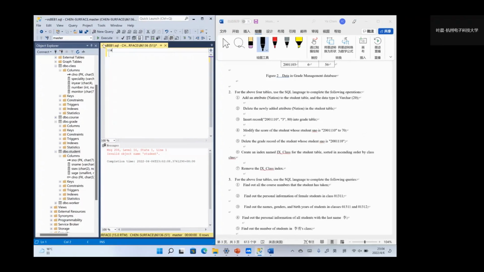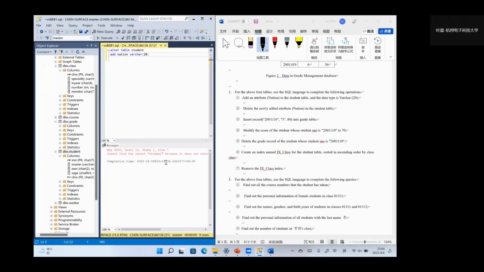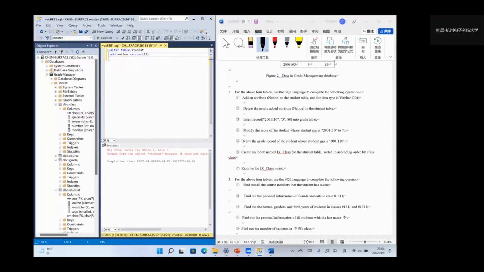We can use alter table student and add nation. Add nation, this column, the data type is varchar, so we write here and execute. Oh, it says it does not exist, so we can just execute it